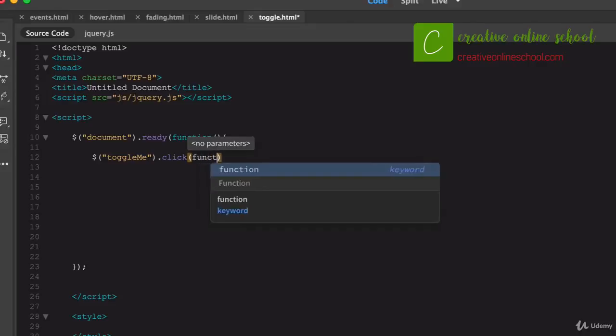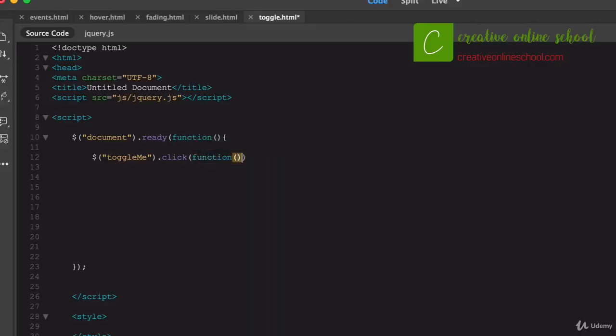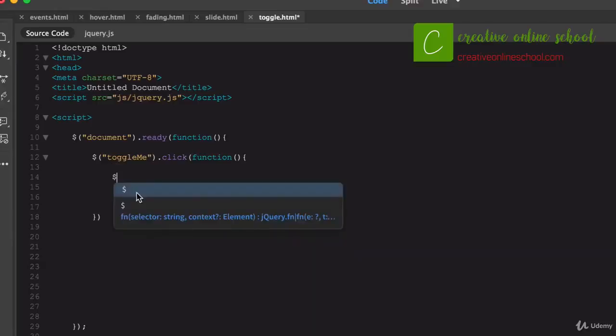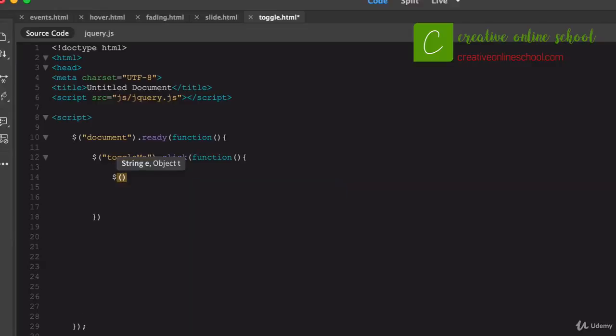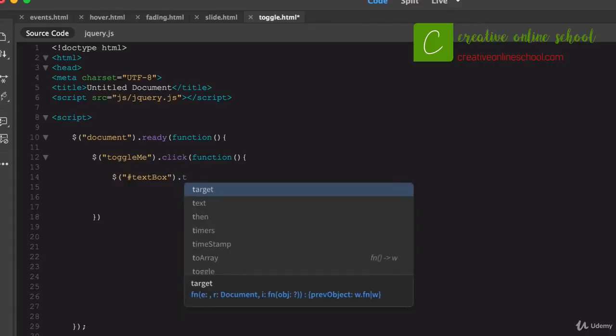So within there I'm going to say a function, open and close the parentheses, open and close a curly bracket, and within toggle me, when somebody clicks it, we're going to create a function that's going to target our text box, and we will give it the property of toggle,